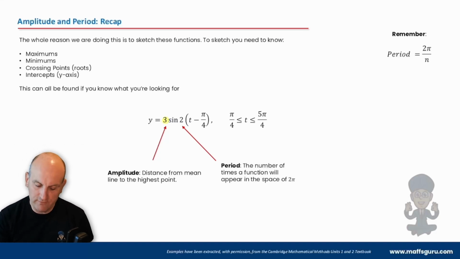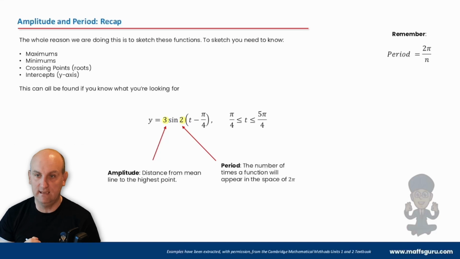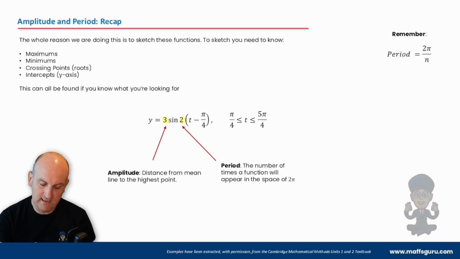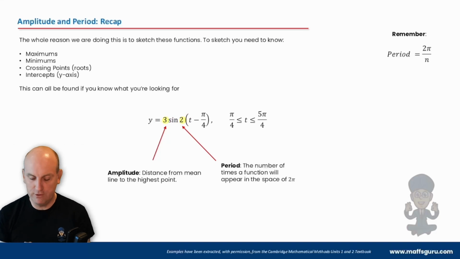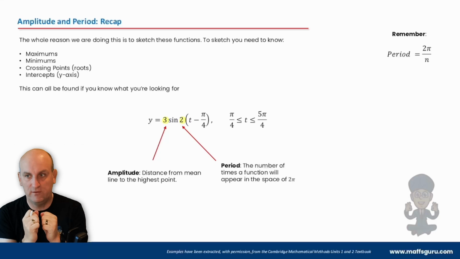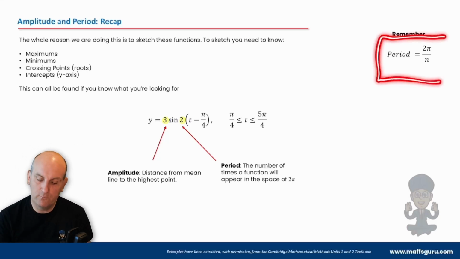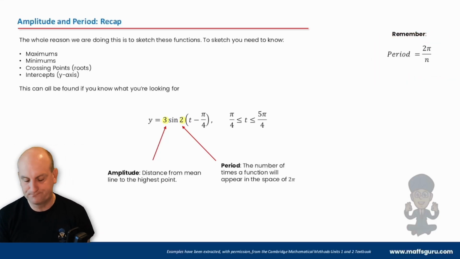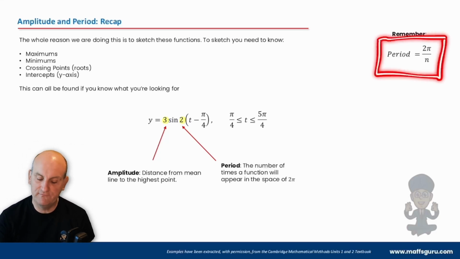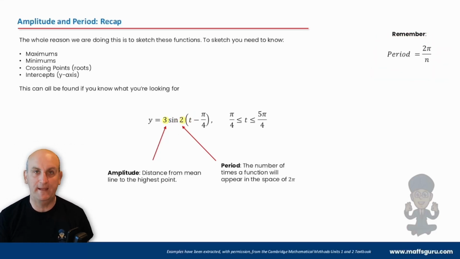We then learned that this value was a dilation from the y-axis, while the other was the dilation from the x-axis. It was counterintuitive: it doesn't double the period, it actually halves the period. We came up with the idea that we could work out the period of our new sine or cosine curve by doing 2 pi divided by the value of n, where that is my value of m. In this video, we're going to look at what happens when we have values inside the brackets,